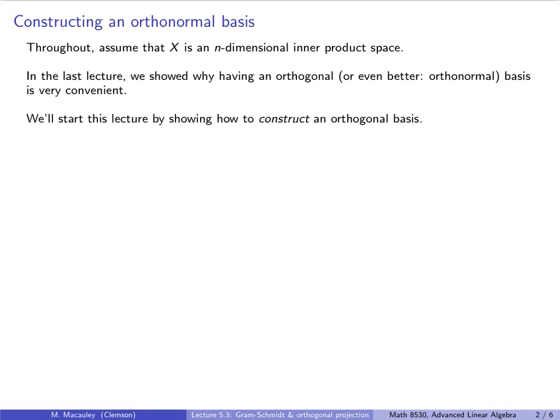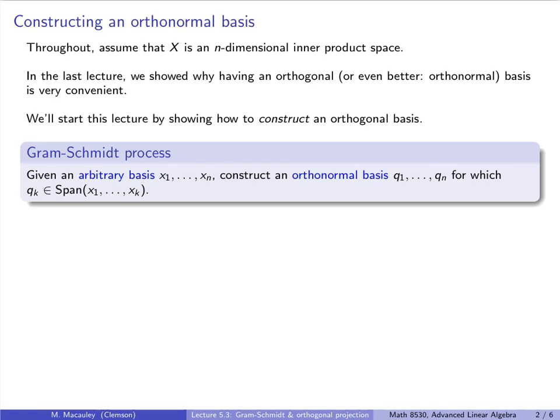We'll start this lecture by showing how to construct an orthogonal basis given an arbitrary basis. This is called the Gram-Schmidt process, and it takes an arbitrary basis x1 up to xn and produces an orthonormal basis q1 up to qn that has the additional property that qk is in the span of the first k vectors of this basis. And that's noteworthy because it gives us an upper triangular matrix in what is called the QR factorization